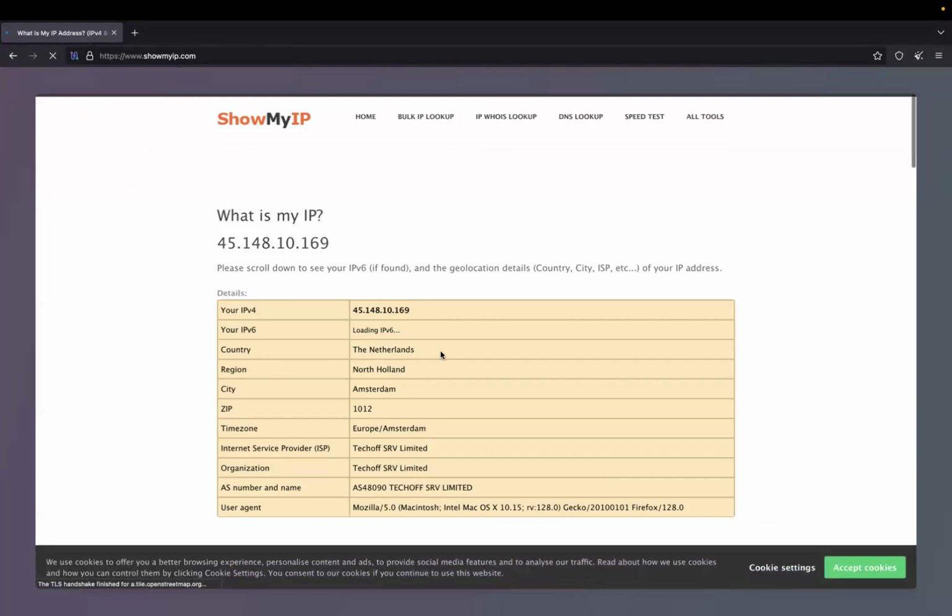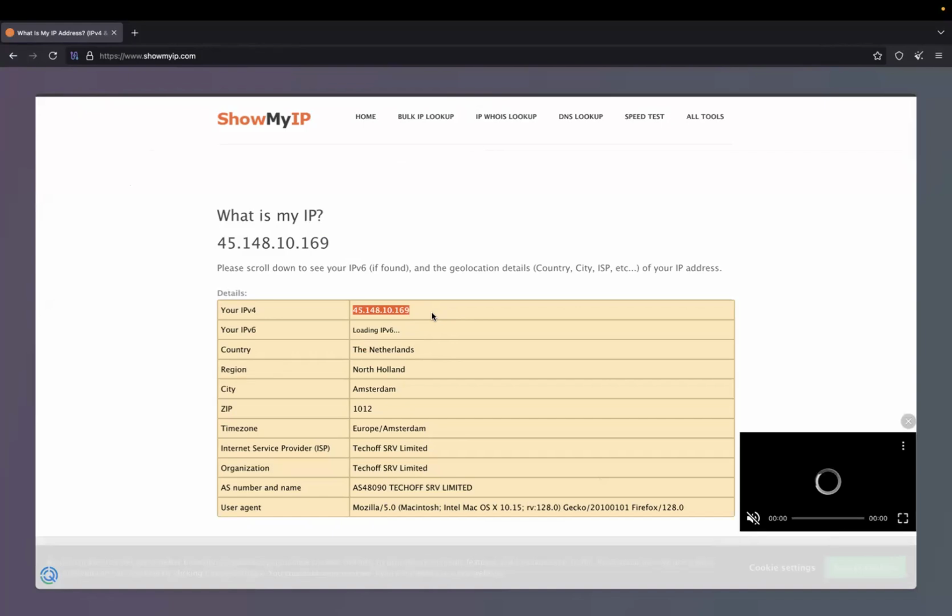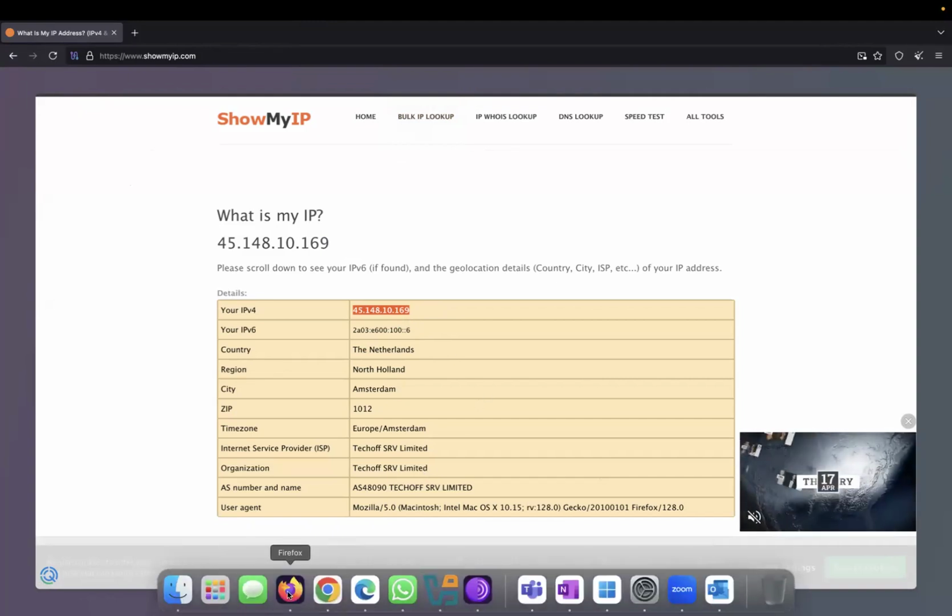Okay, it's still giving me a different Netherlands IP. You can see that the IP has quickly changed because it's a randomized IP, and then I actually hide your real location where you are using a Tor browser. Basically, what this does is it can give you different IPs, and you can use it to generate things